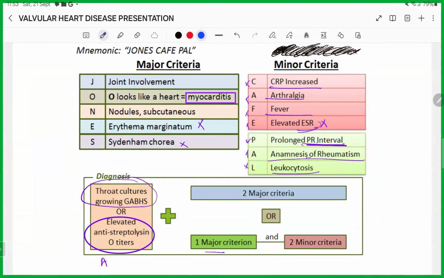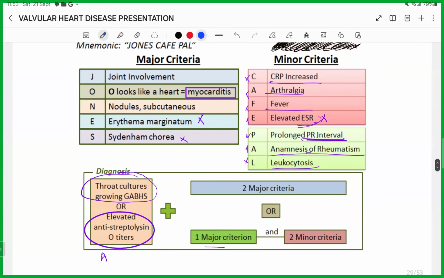So it's very convenient. J is for joint involvement, and this joint involvement has characteristics. It's usually migratory, and it's a polyarthritis that affects the major joints. So it doesn't affect the small joints, it affects the big joints. And it resolves by itself. And I think it also responds to aspirin. Yeah, if I'm not wrong. And then